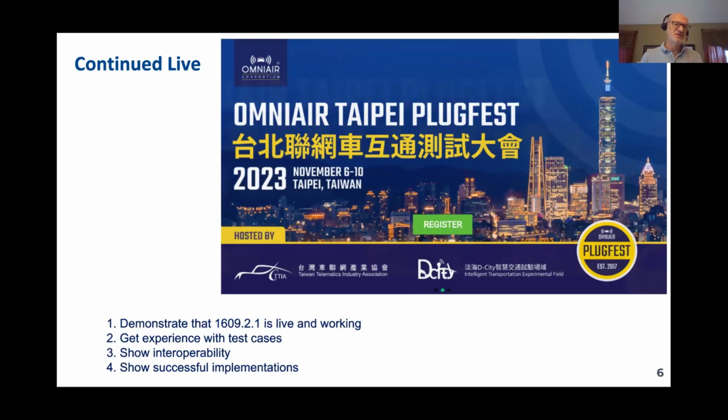If there's a need for additional support or follow-up testing, you could either do it live at the Taipei Plug Fest or remotely with an SCMS vendor once you're at the Plug Fest. You'll be able to get additional technical support from the vendors and clarify the issues that came up in the initial testing. Another reason for doing this virtual plug fest is to get early results and know exactly what's working,